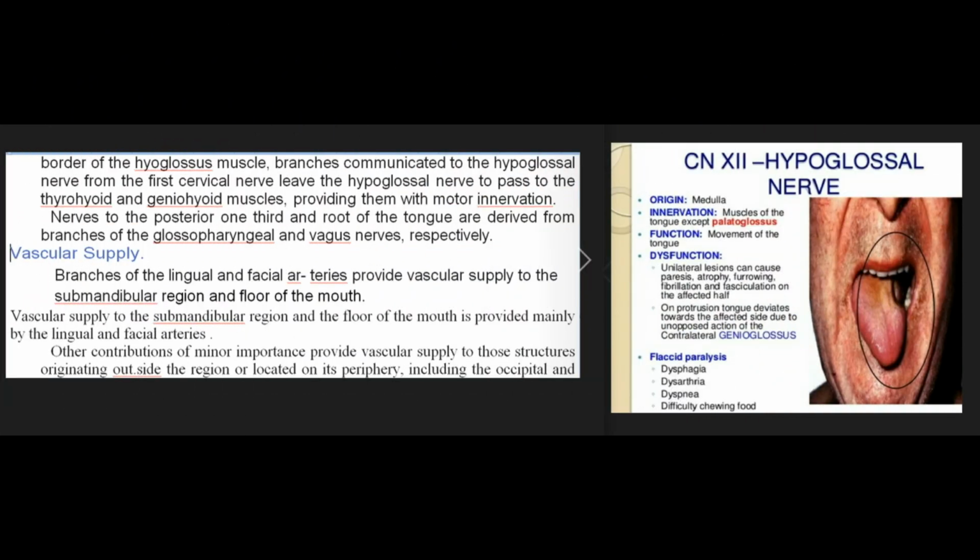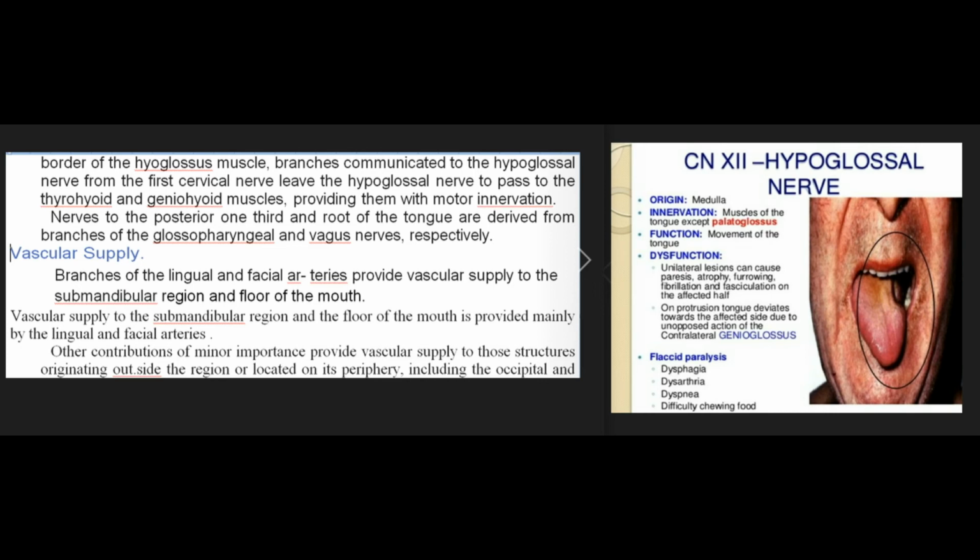Branches communicated to the hypoglossal nerve from the first cervical nerve leave the hypoglossal nerve to pass to the thyrohyoid and geniohyoid muscles, providing them with motor innervation. Nerves to the posterior one-third and root of the tongue are derived from branches of the glossopharyngeal and vagus nerves, respectively. Vascular supply. Branches of the lingual and facial arteries provide vascular supply to the submandibular region and floor of